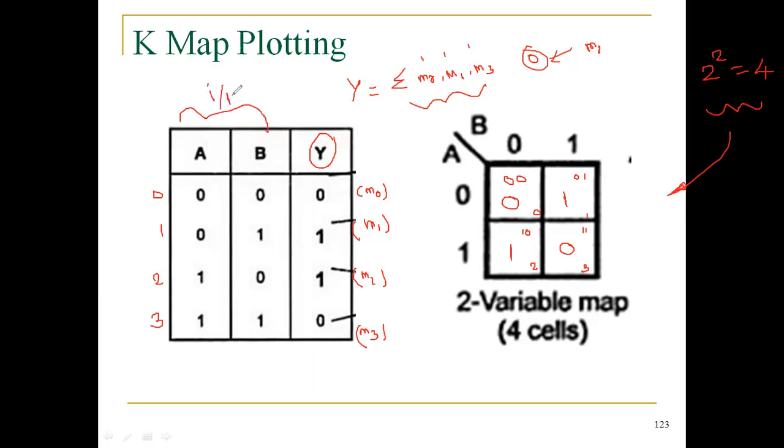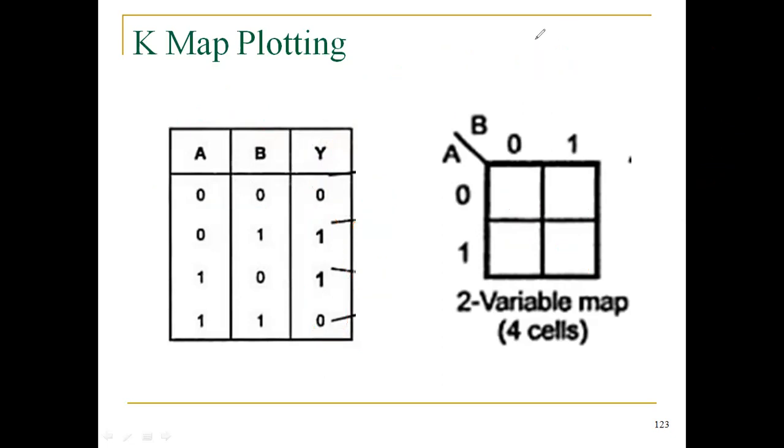So this is the input, this is the output. How are we going to fill the K-map? Since it is a two variable input, the output is also given. How can we fill it? When the inputs are 0 0, what is the output? Output equal to 0, that is here. Similarly, all other inputs and their corresponding outputs are filled like this. Grouping we will discuss later, how we can group it.